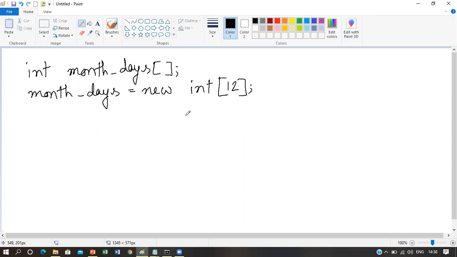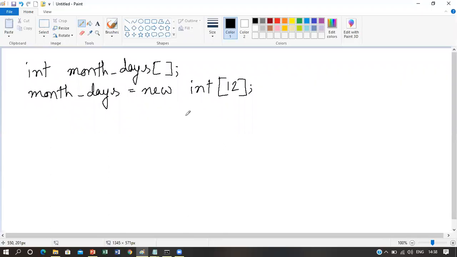So till now we have learned that obtaining an array, or more specifically a one-dimensional array in Java, is a two-step process. First, you must declare a variable of the desired array type. Then secondly, you must allocate the memory that will hold the array. For that, you have to use the new operator and assign it to the array variable.